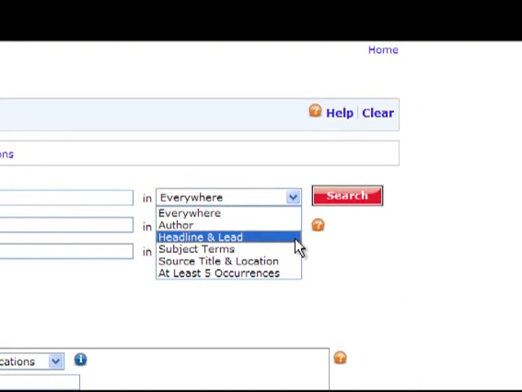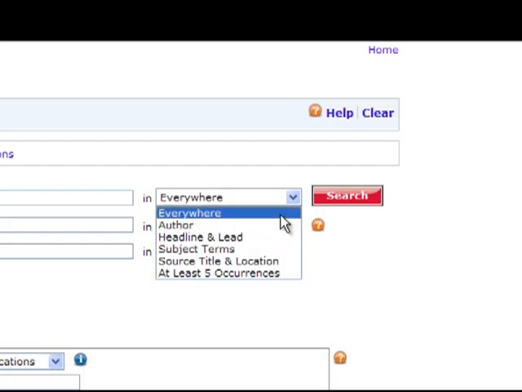I think headline and lead would work well in this case since it will probably be in the main heading of the article we're looking for. You can see that LexisNexis gives us many good options to choose from. If you leave it in the default setting of everywhere, it'll search the entire article for the keyword you have